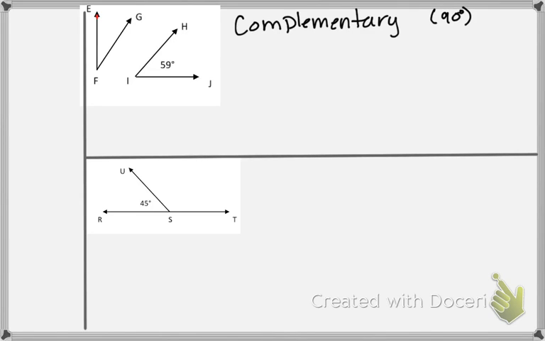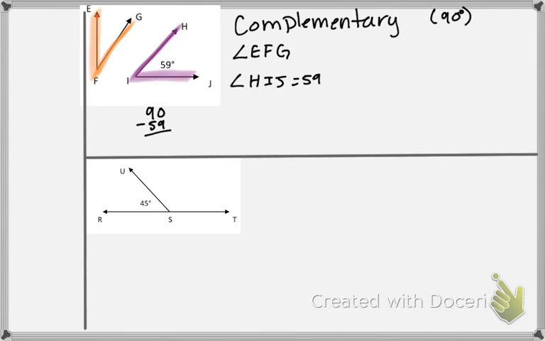right? And so let's see, we have angle EFG and angle HIJ, and we only have angle HIJ, and that's 59 degrees. So I know they're complementary, so I'm going to get this 90, and I'm going to get the purple angle to find the orange angle. Okay, so when I subtract that, I should get,